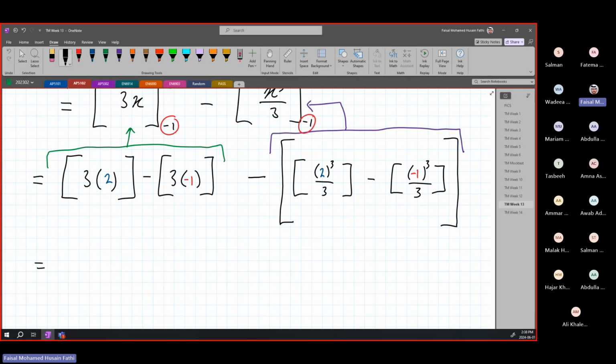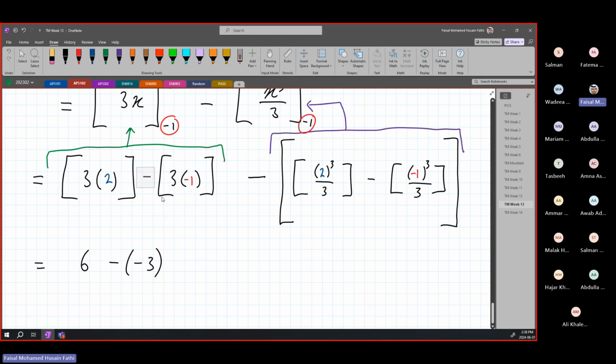So this is going to be equal to 6 minus 3 times -1. All right, so this is 3 times -1 becomes -3. This is what you need to be most careful with, the signs. Because when you have negative inside, that does not mean it's just going to be minus and then you forget. So make sure you know your signs.